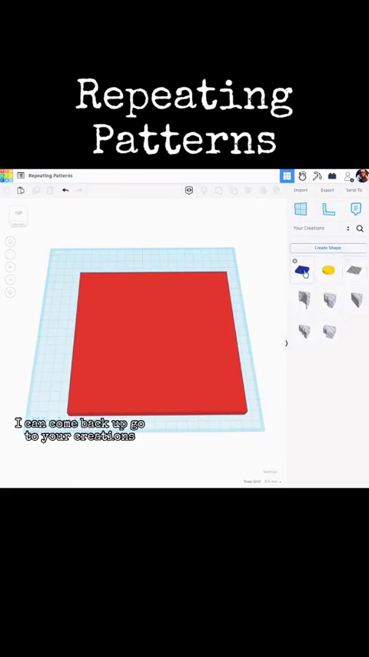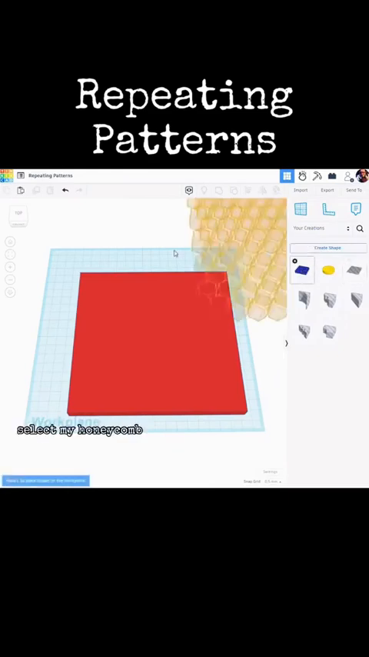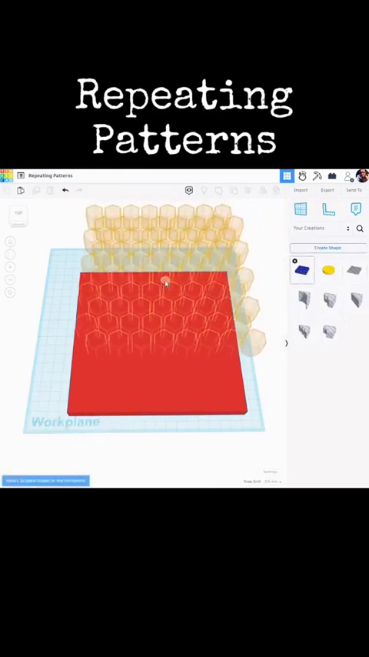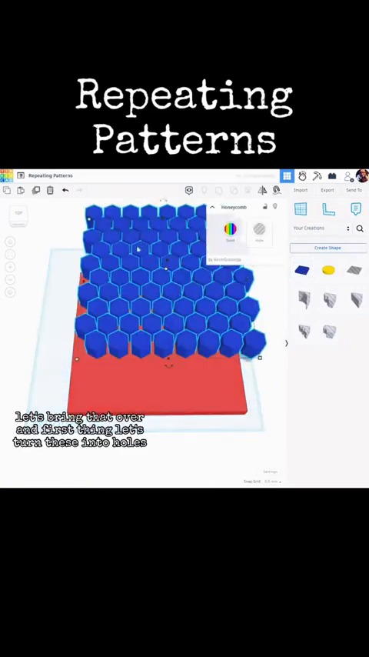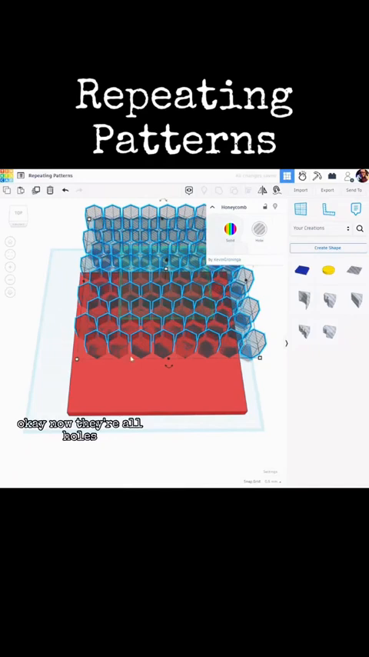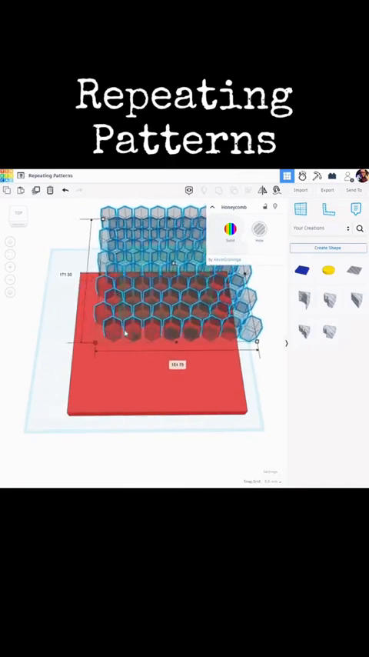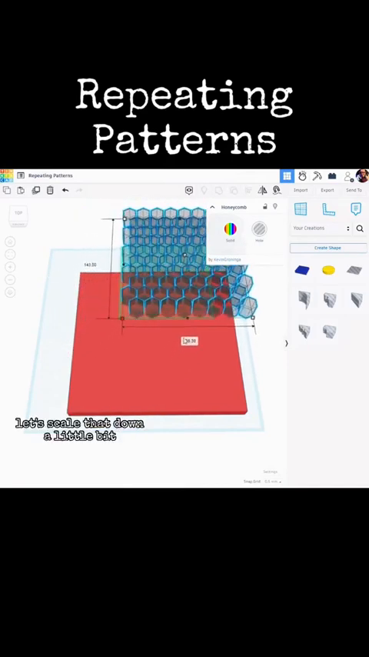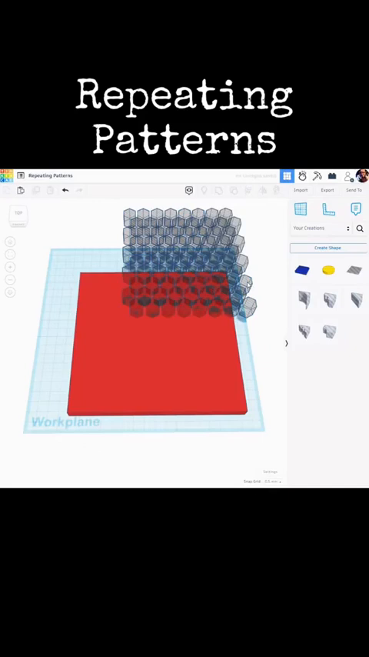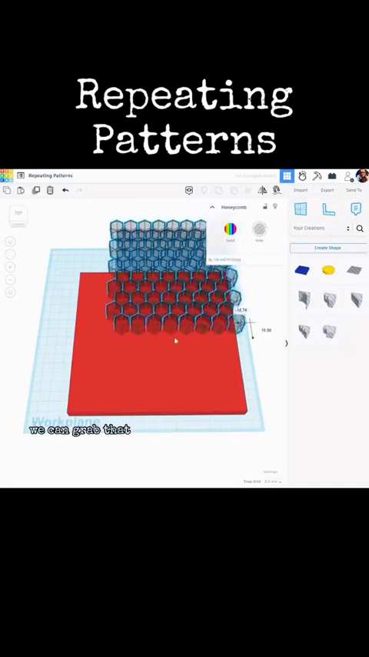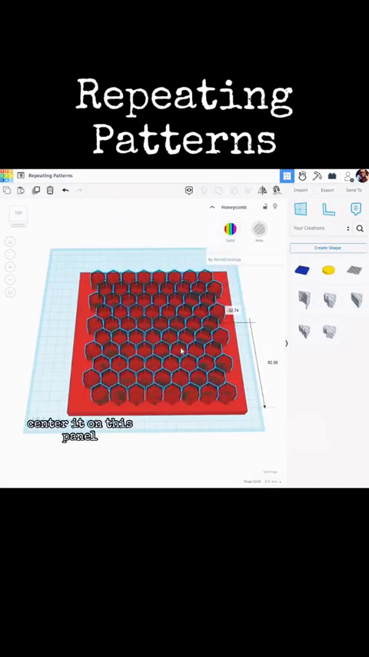Your Creations, select my honeycomb. Let's bring that over, and first thing, let's turn these into holes. Okay, now they're all holes. And by grabbing this corner and holding the Shift key, let's scale that down a little bit. We can grab that, center it on this panel,